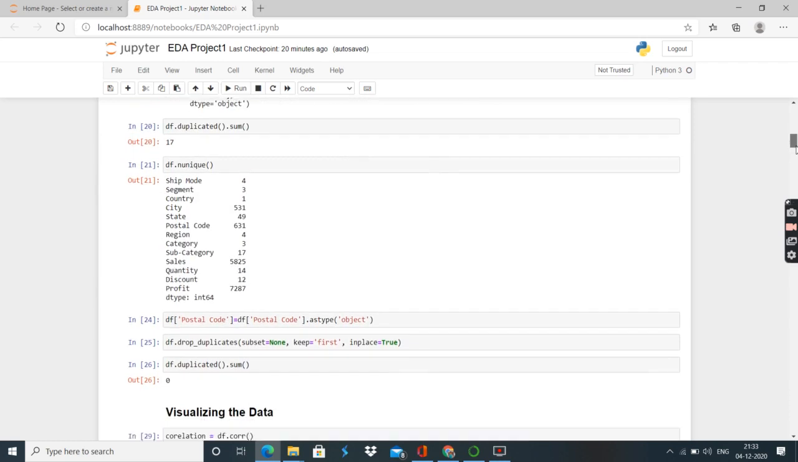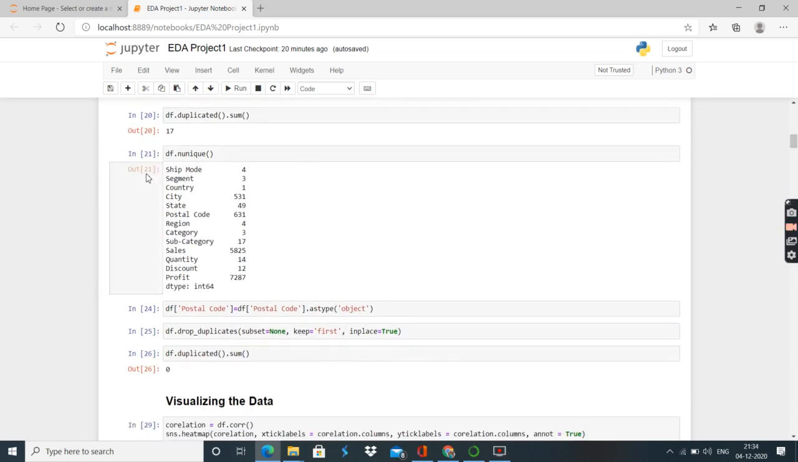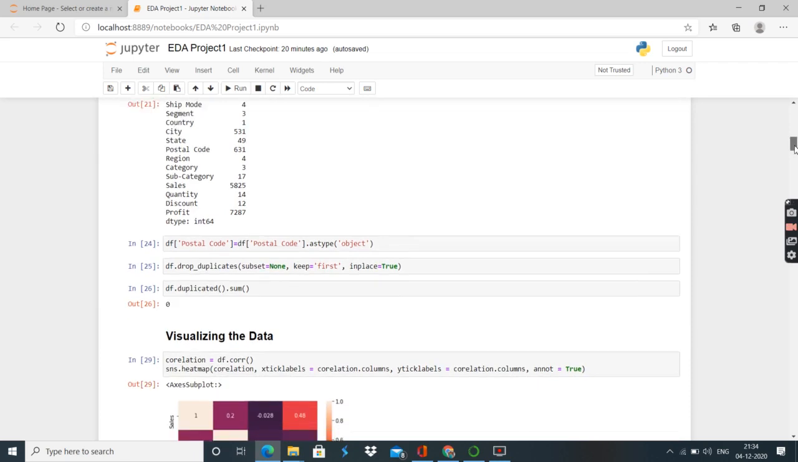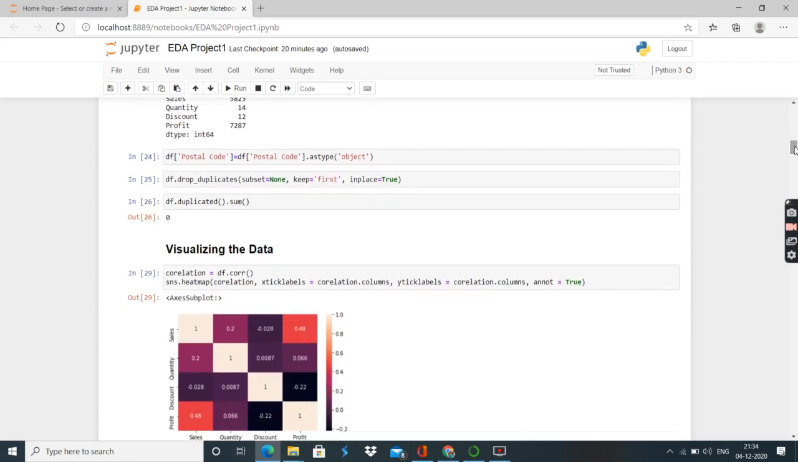I have removed the duplicate values. I've used the nunique function to calculate how many unique values there are in each column, which gives me an idea that there are 4 shipping modes, there are 3 segments, and 1 country because our store performs in the US only. Next, since I was cleaning the data, I realized that I do not need